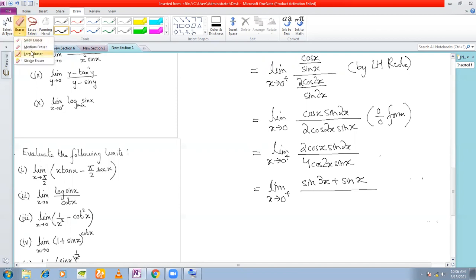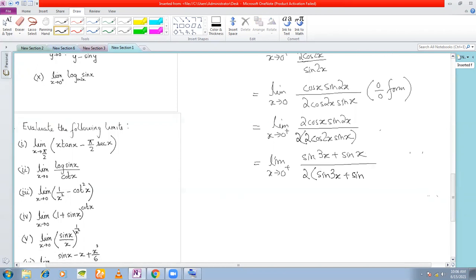you can write this twice of 2 this. So this is twice sin a plus b plus sin a minus b. That means x minus 2x, right? x minus 2x is simply minus x. The sine of minus x is minus sin x. So therefore this sign here we change to minus.